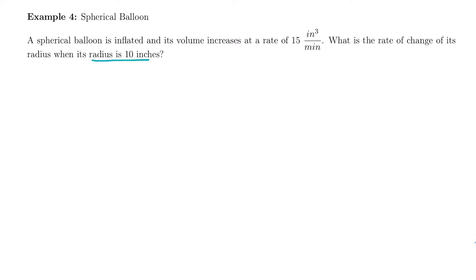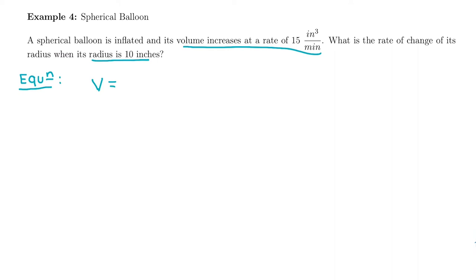We know that the volume of the balloon is increasing, which means the radius must also be increasing, but we want to know by how much in order for that volume to be increasing. So we want to remember the equation that relates volume to radius for a sphere. Probably not one that you know right off the top of your head. Maybe you remember it. I definitely think area equals pi r squared is a little bit easier for a circle,